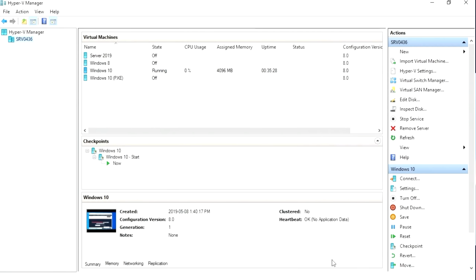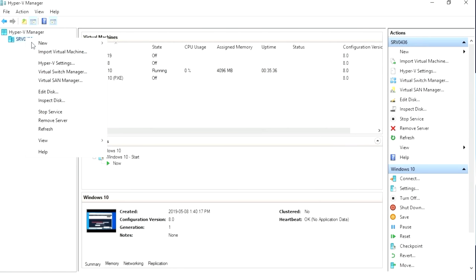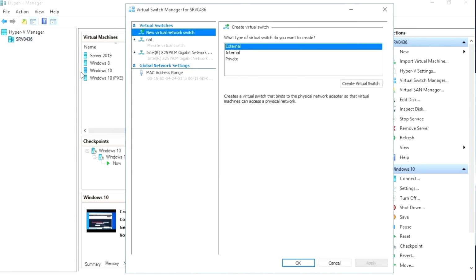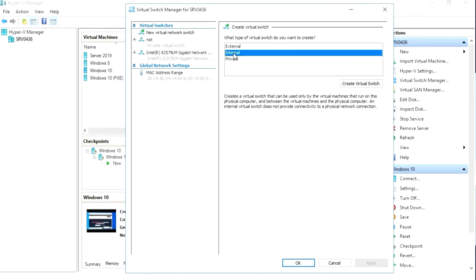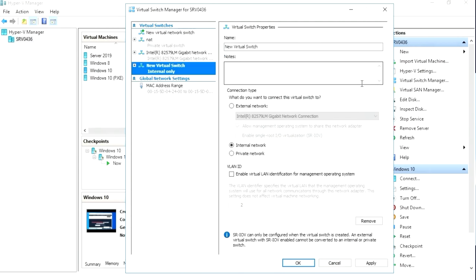Okay, so I'll cancel here, and I'll go right back into the Virtual Switch Manager, and this time we'll create an internal switch. Okay, so I'll choose Internal, click Create Virtual Switch, and we'll just call this one Internal Switch, and maybe under the notes we'll say Access to the host and other VMs.